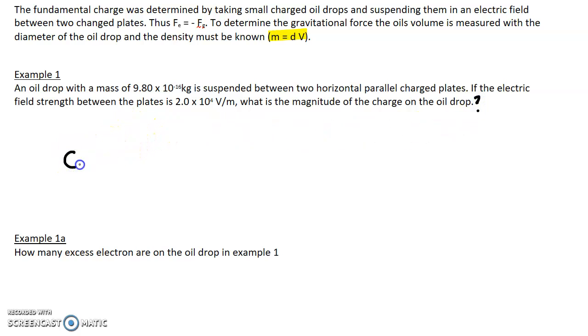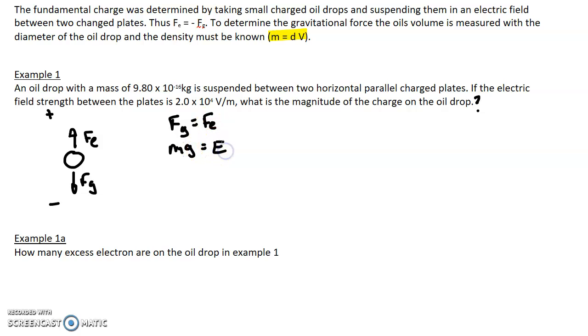So, with pretty much every Millikan oil drop experiment, you're going to have an electric force and a gravitational force. Now, in this case here, we are assuming that this is the positive plate and this is the negative plate. However, if we had those charges reversed, we would be holding on to positively charged oil drops rather than negatively charged. But either way, we are hoping that this is suspended,